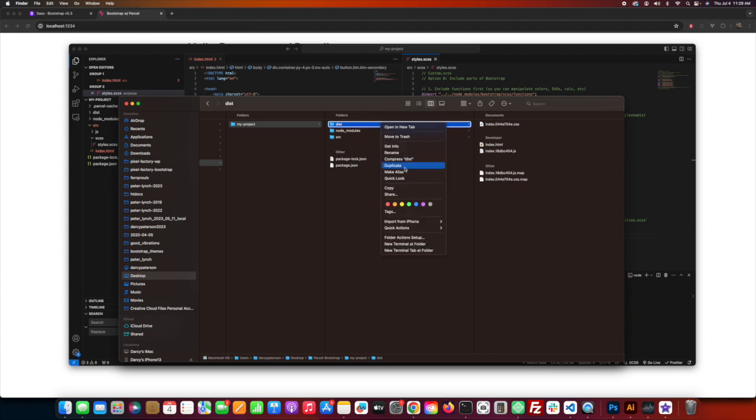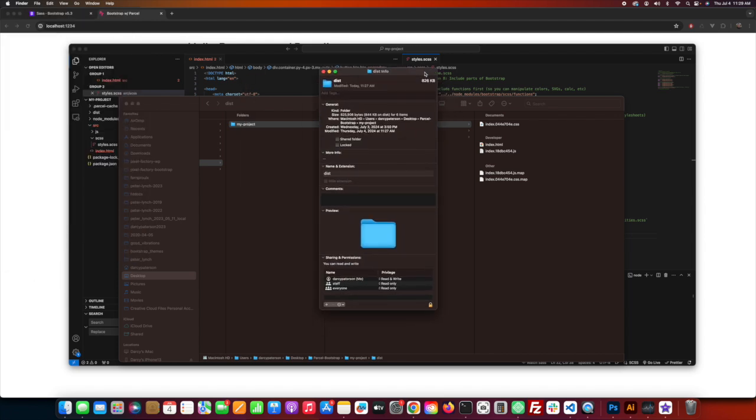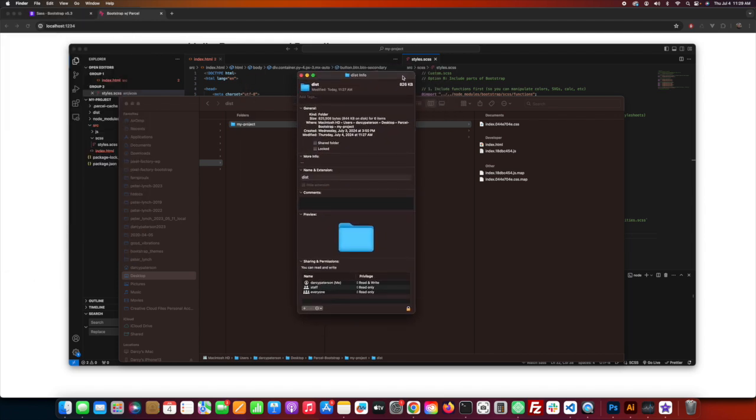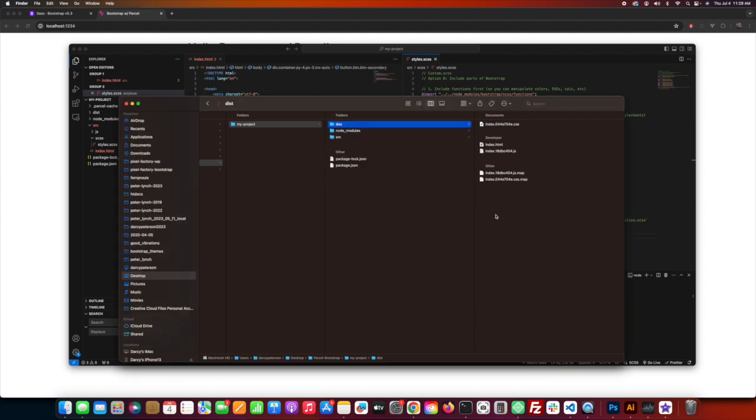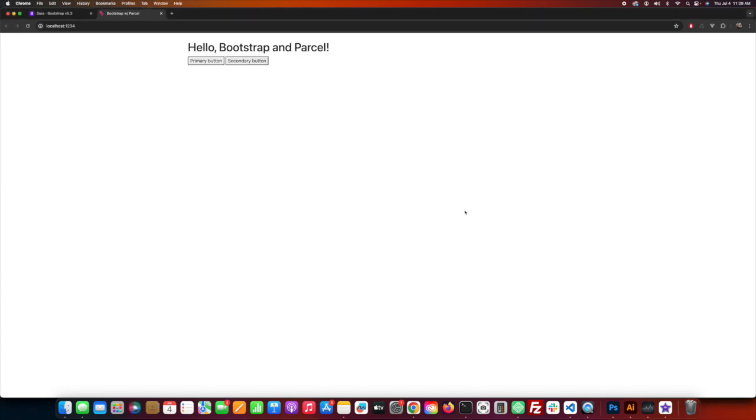I'm just going to right click this and get the info and find out how big the files are in this folder. It's pretty small. It's only 826K because there's only really one HTML file in it. So I'm going to remember that, and then I'm going to go to